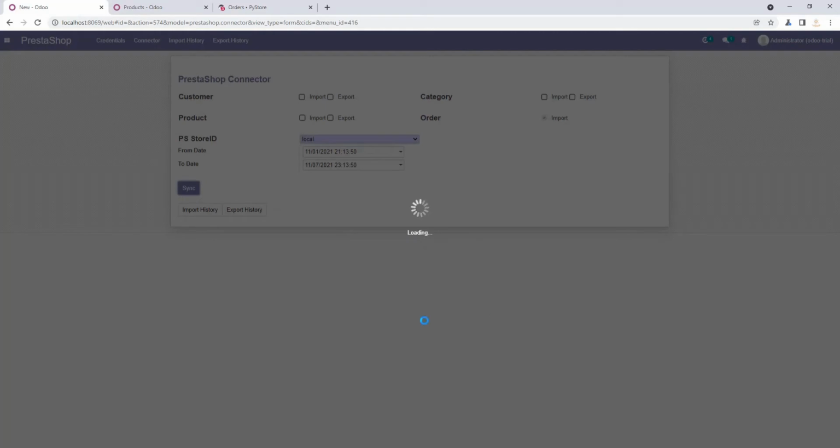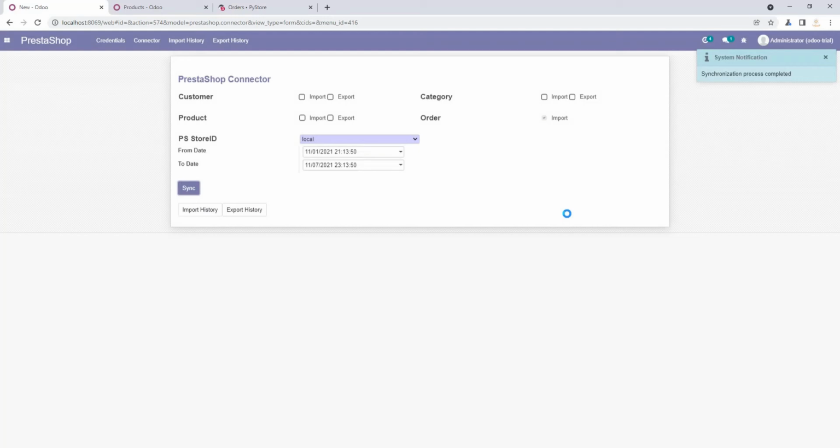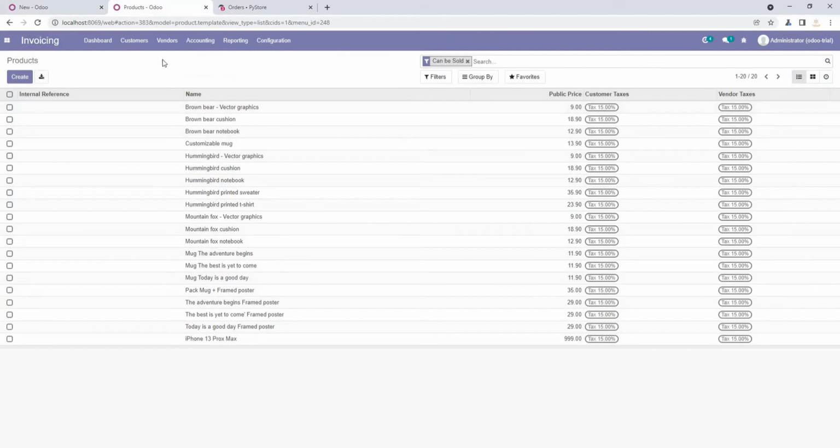It will take a few seconds while collecting all the information regarding the products and the customers. The process is completed successfully, and we can check from the invoicing module, customer, and the menu option is invoices.